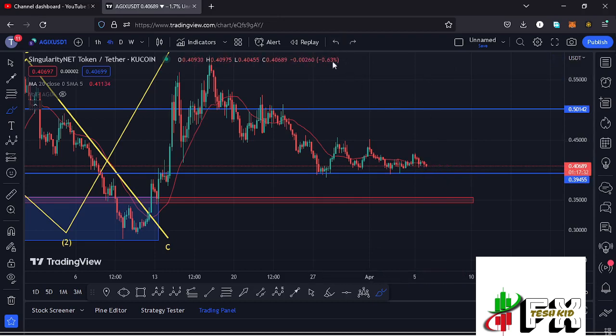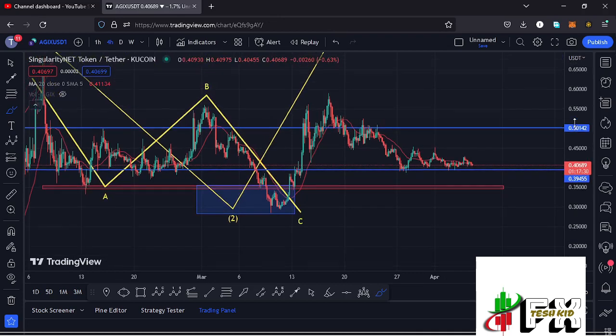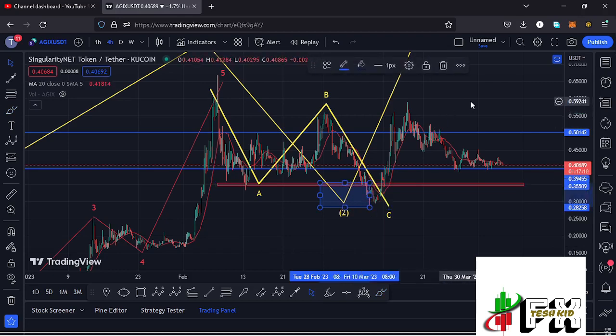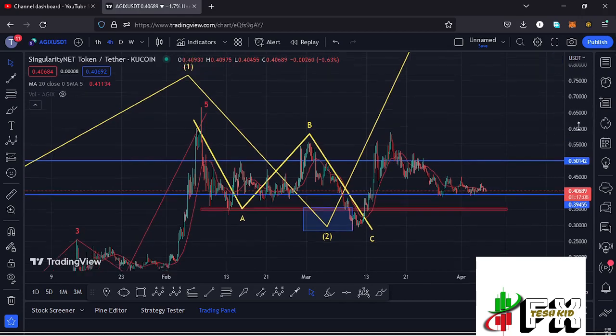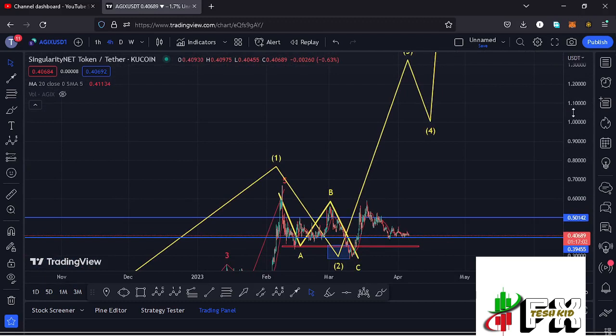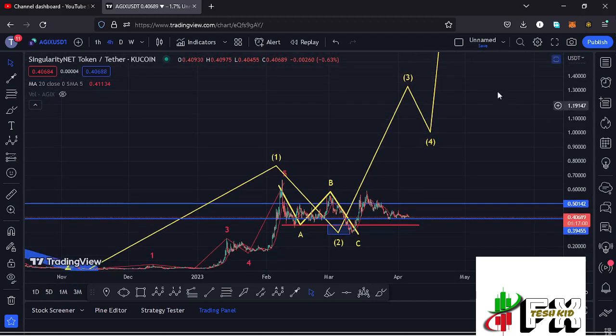We have also continued to obey the Elliot wave structures, where you can see that we had been seeing a bit of a breakdown to the lower side in the formation of this wave 2, in a move that has now managed to get into the minimum retracement area in the formation of that wave 2, where I have highlighted the minimum retracement area using this blue target area, and there are high chances that we have now bottomed out in the formation of this wave 2, and whatever we are seeing at the moment is the start of a massive run up to the upper side in the formation of this wave 3,